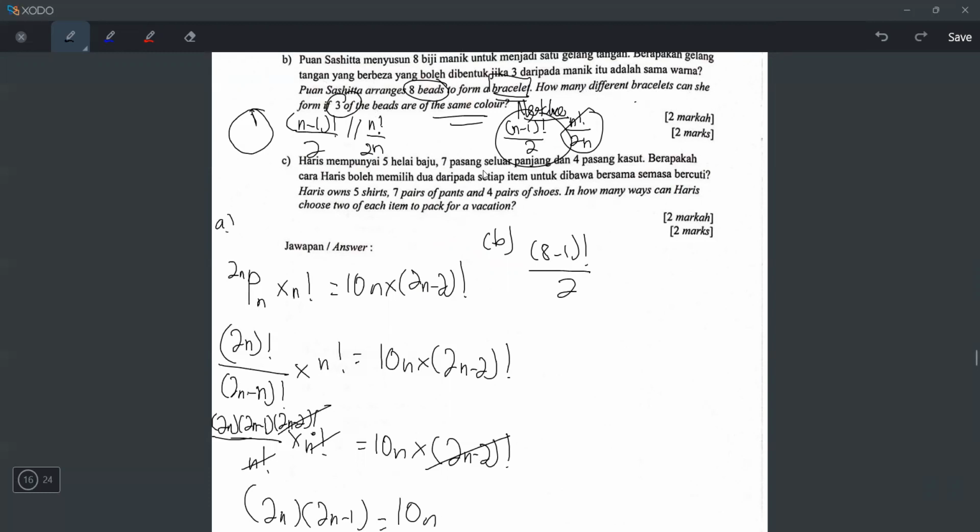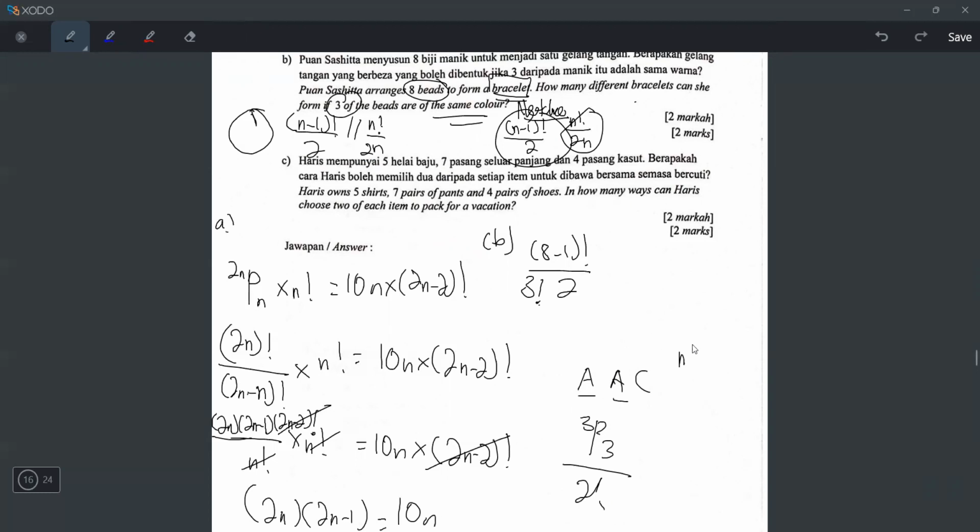Means repeat. So if repeat means I have to divide again by 3 factorial. Okay, because do you remember if I give you for example letters A, B, C, and I want you to arrange this, it will just be 3P3, right? But what if this one is AAC? AAC means got repeat, means I have to divide by 2 factorial because it repeats 2 times, right? But what if it's like